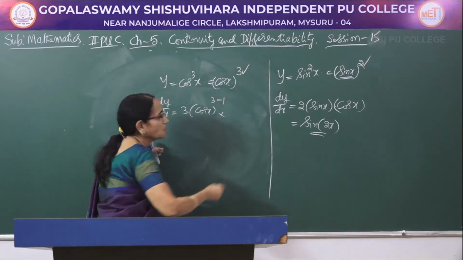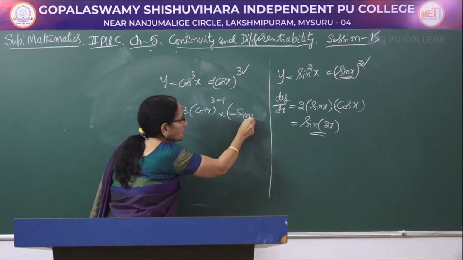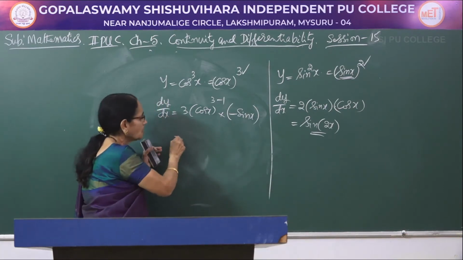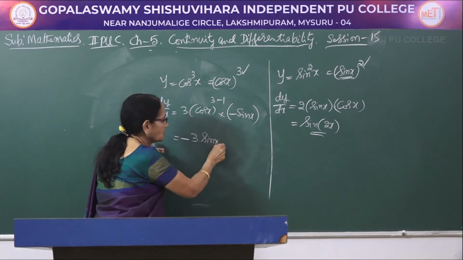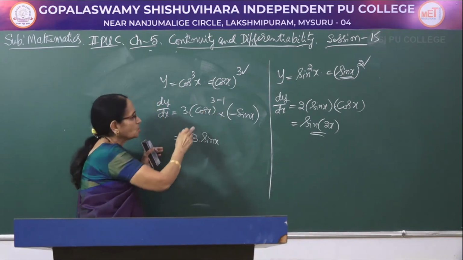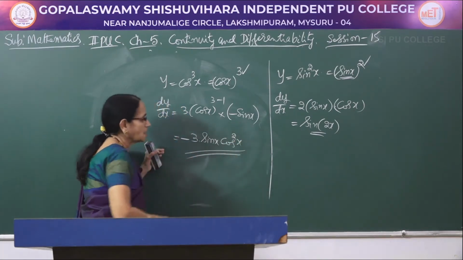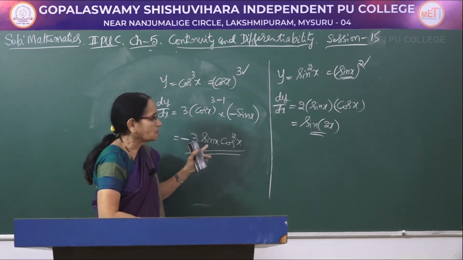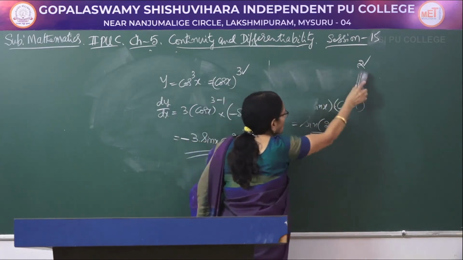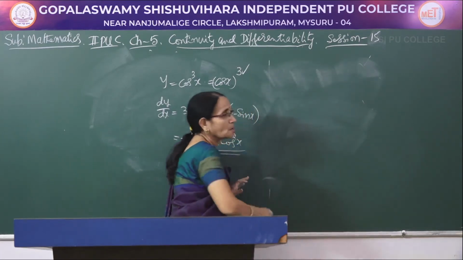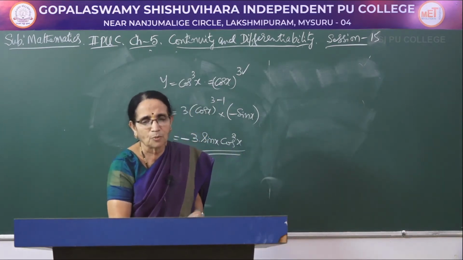So, this index part is over. For cos x, what is the derivative? It is minus sin x. So, let me write in the proper order: minus 3 into sin x into cos x to the power 3 minus 1, which is 2. So, cos x whole to the power 2, you write in the usual form, it is cos square x, minus 3 sin x cos square x. So, be careful whether you are having a multiple angle or a power of a function. Depending upon that, you have to apply carefully.